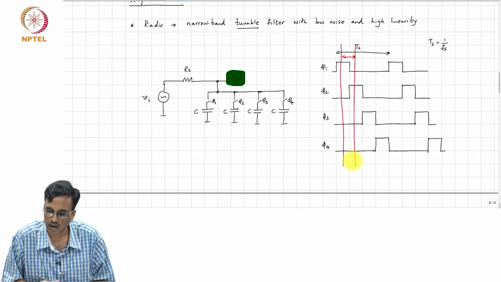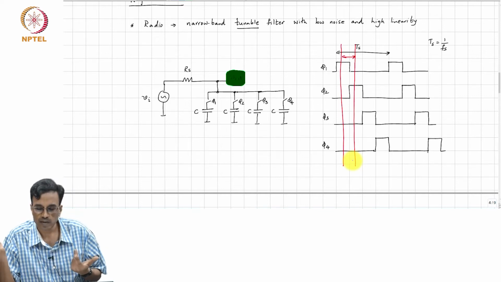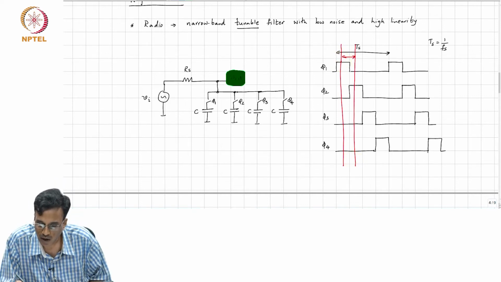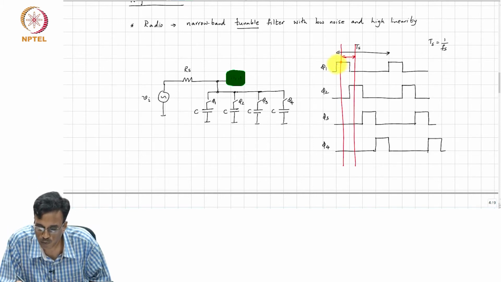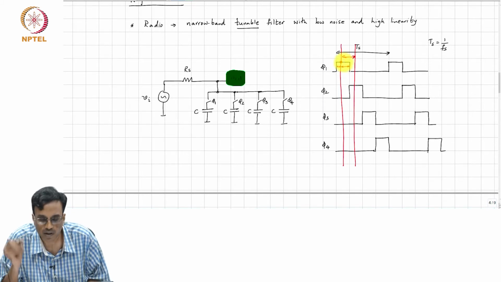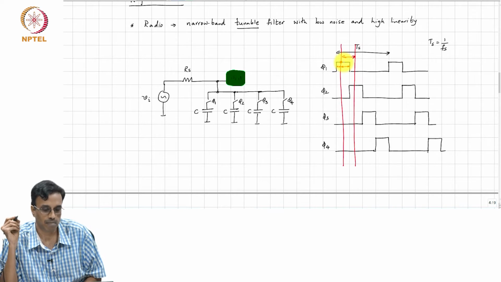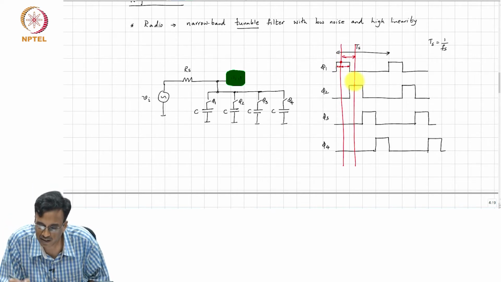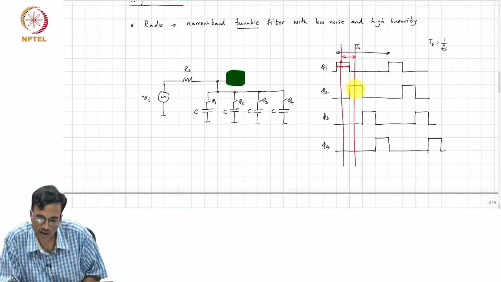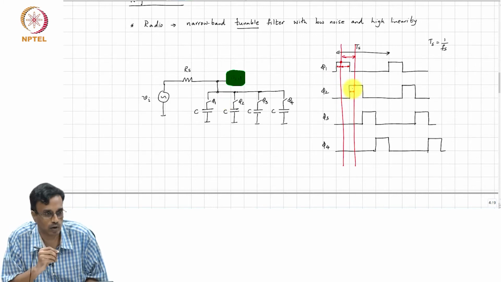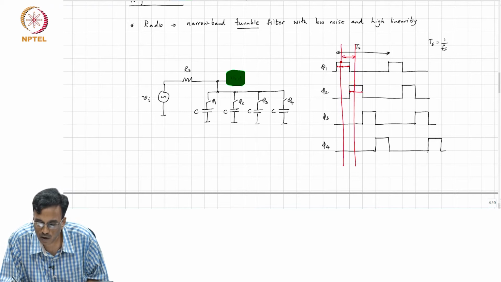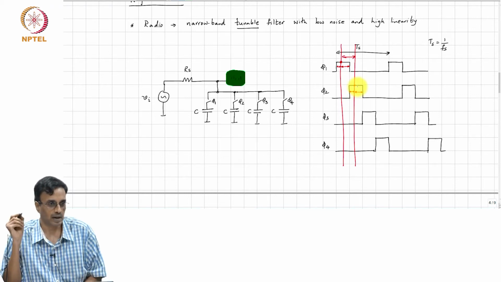you won't know, because when you are at this point, for instance, you know this switch has been turned on for this amount of time and is going to be turned off after that time, right. But if you are here exactly at the same point in phi 2, one capacitor has been turned on for the same amount of time before and is going to be turned off the same amount of time later.